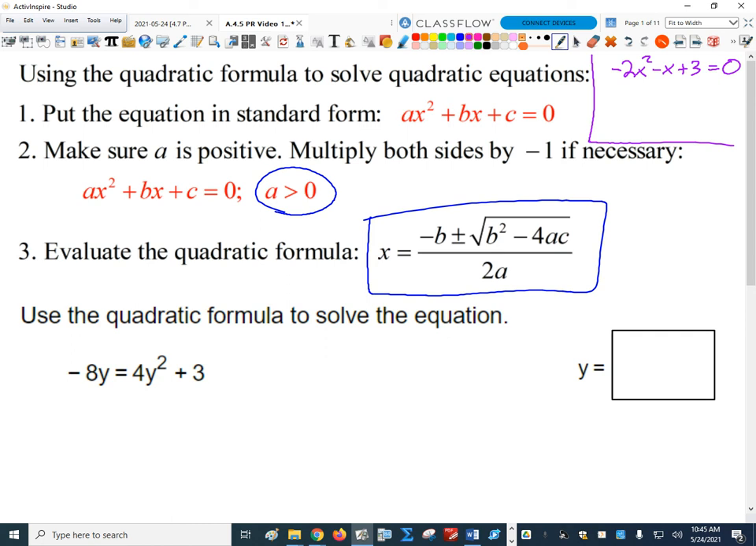The simple algebra step that we could use to make a positive would just be to multiply both sides of the equation by -1. In other words, I'm just going to distribute a -1 through everything, right? So what's that look like? Well, if I distribute a -1,